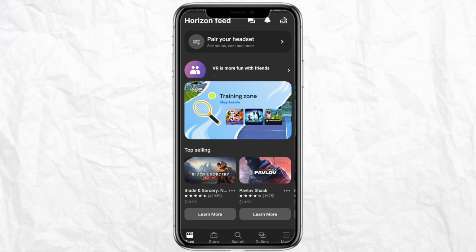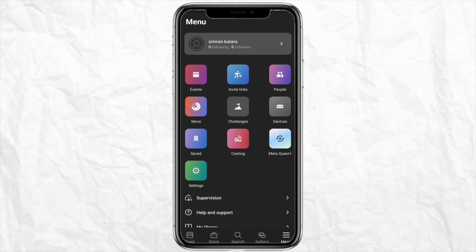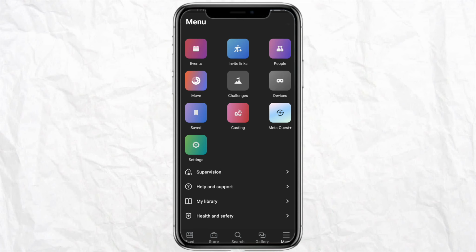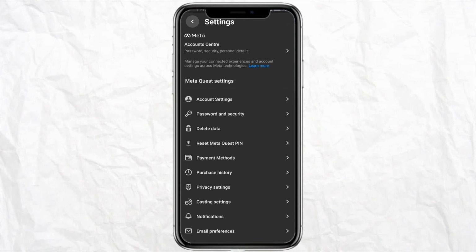In this video I'm going to show you how you will be able to change your email address on the Oculus Quest 2 app. So for that, just open your Oculus Quest 2 app on your mobile, and after that on the home screen in the bottom section you will see this option called menu. Just tap on it, and here in the menu screen you will have all these options. You just have to click on settings in order to change your email address, and after that just go to the account settings from the top,